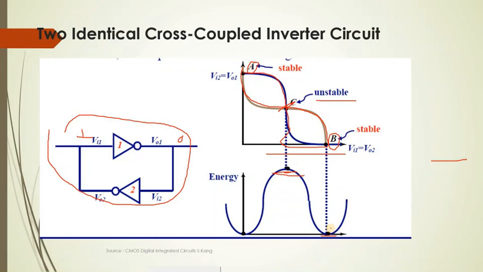Whenever you are having a system, you are providing some input. So what happens? Your system is having a tendency to get into stable mode. So whenever your system gets unstable, that means your system is somewhere at this particular moment and it immediately tries to settle to either A or B. So that's an illustration about identical cross-coupled inverter circuit, and it is the basic component of SRAM that we are going to study in the next unit.